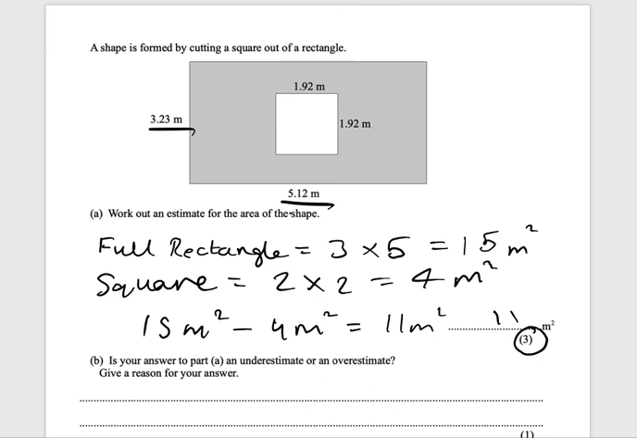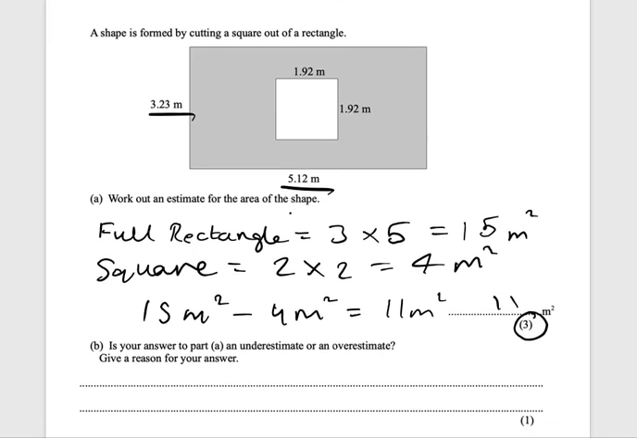Now it says, is your answer an underestimate or overestimate? Well, 3.23 we have rounded down. What would the actual area of this be? It would be much higher because we have rounded down, and then the square we have rounded up. But we are subtracting a smaller amount from a larger amount. So the answer to this is it's going to be an underestimate,